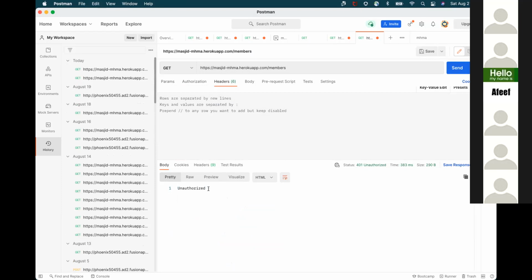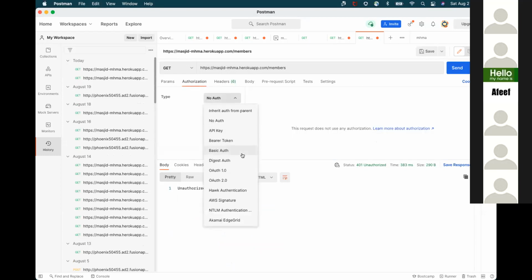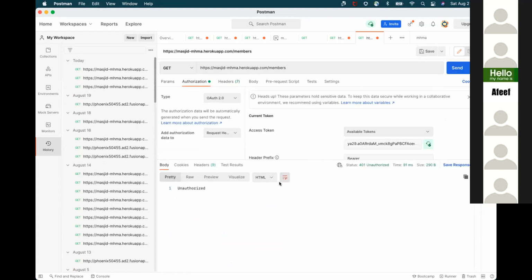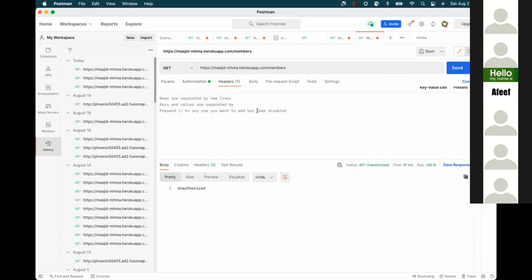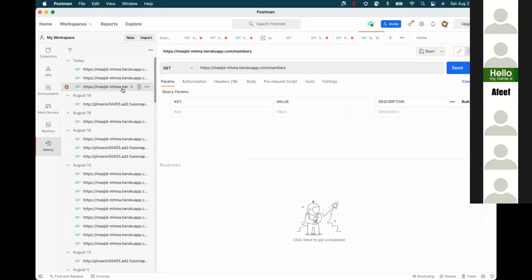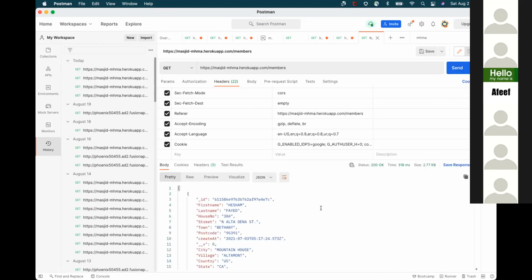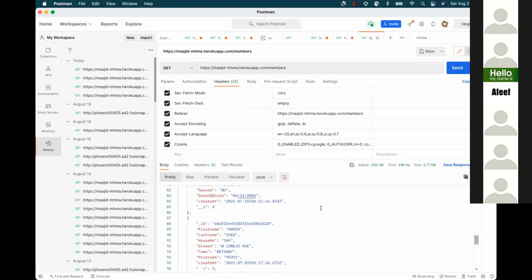So basically, if I don't provide the authorization, I will not be able to access the data. Now if I do OAuth 2 and then send, I still need those headers which were here. Let's see, all these headers, right? So I can do a send, and then it returns all my members data here.